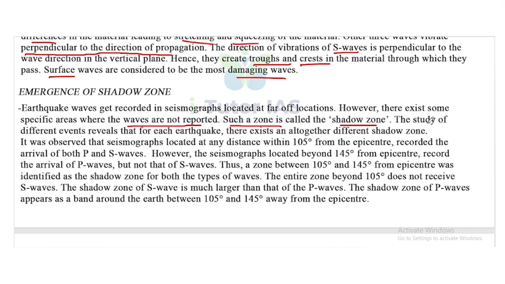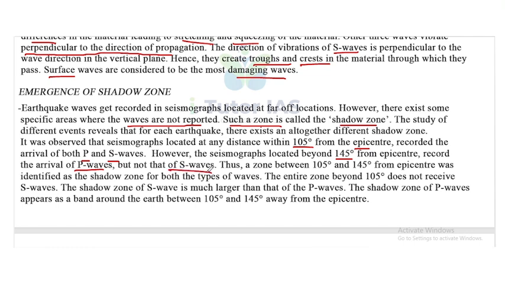The study of different events reveals that for each earthquake there exists an altogether different shadow zone. It was observed that seismographs located at any distance within 105 degrees from the epicenter recorded the arrival of both P and S waves. However, seismographs located beyond 145 degrees from the epicenter recorded the arrival of P waves but